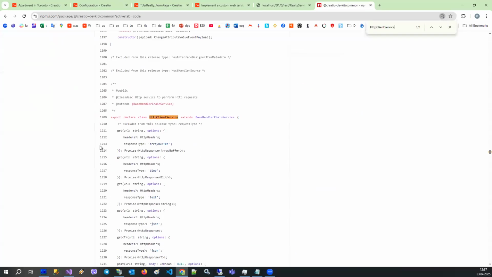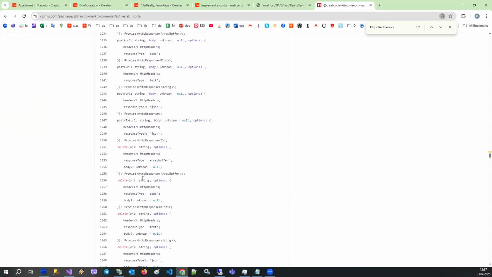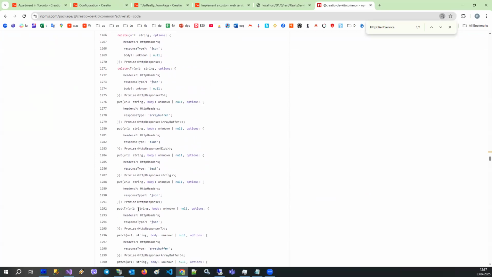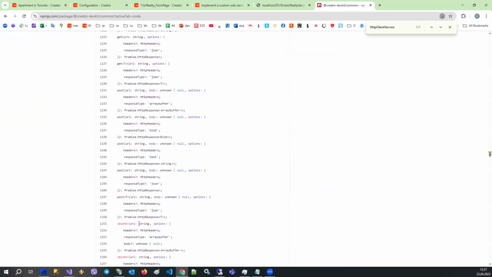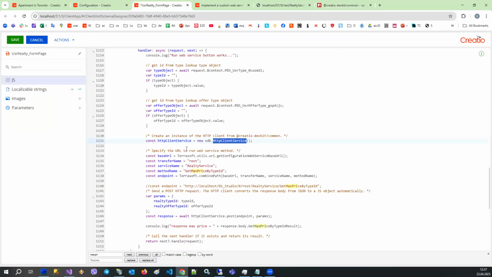You can see all supported methods: several get method implementations, several post, delete, and put and patch are supported. This means that most of the popular methods are covered here,